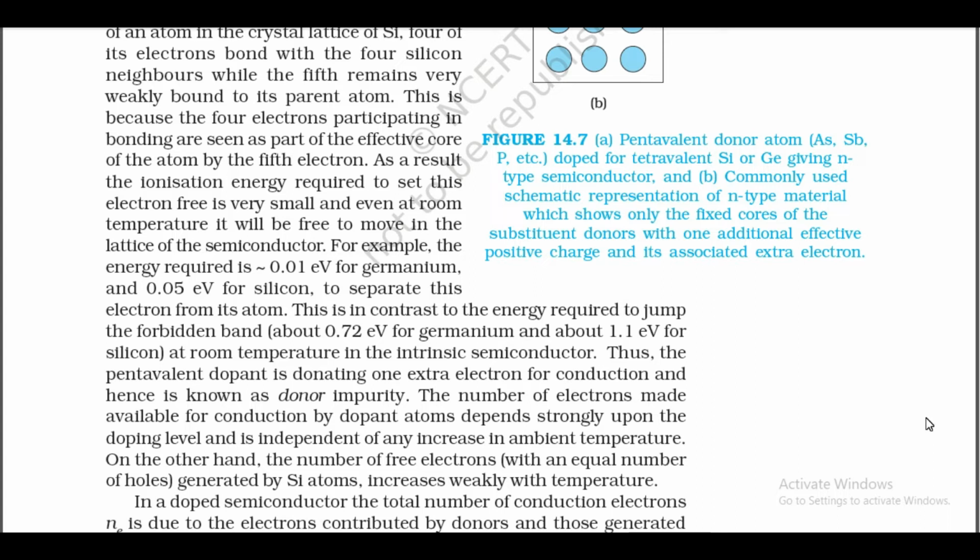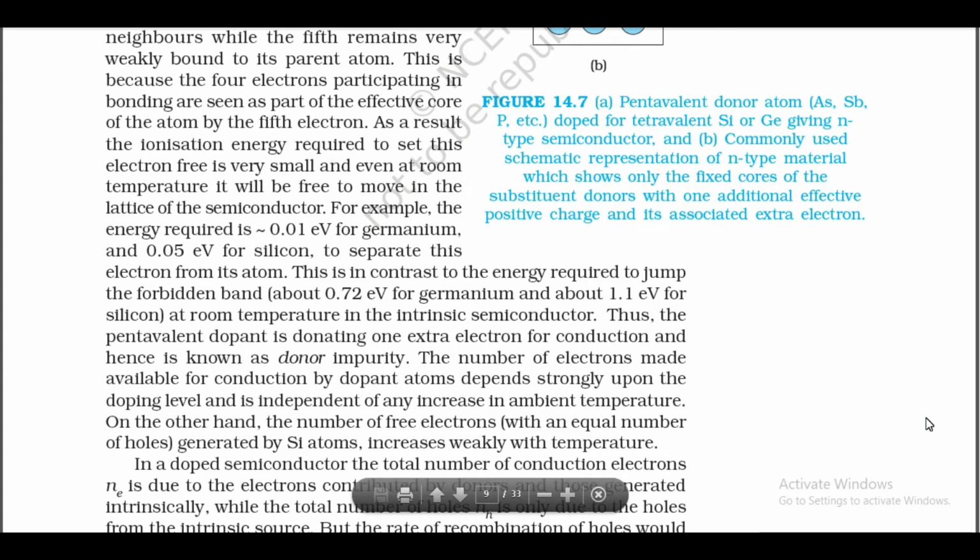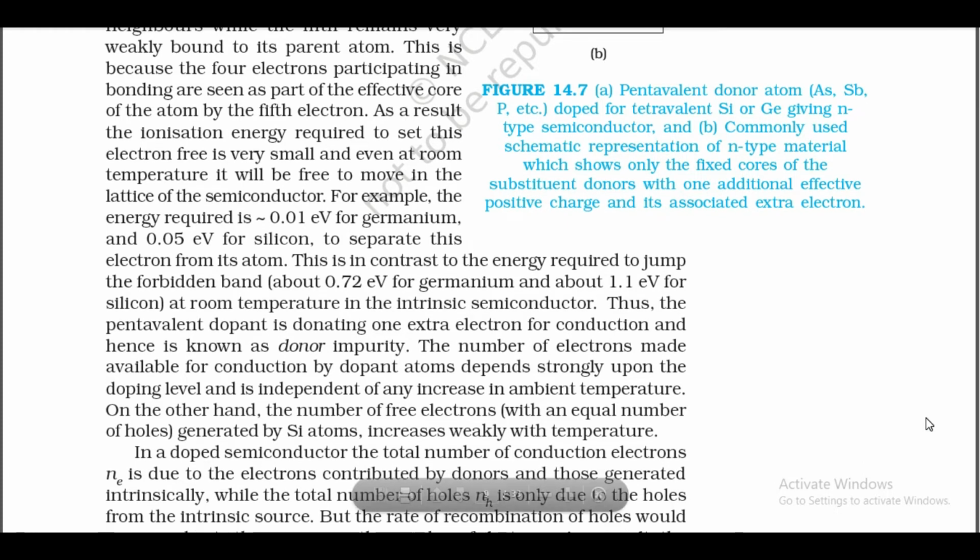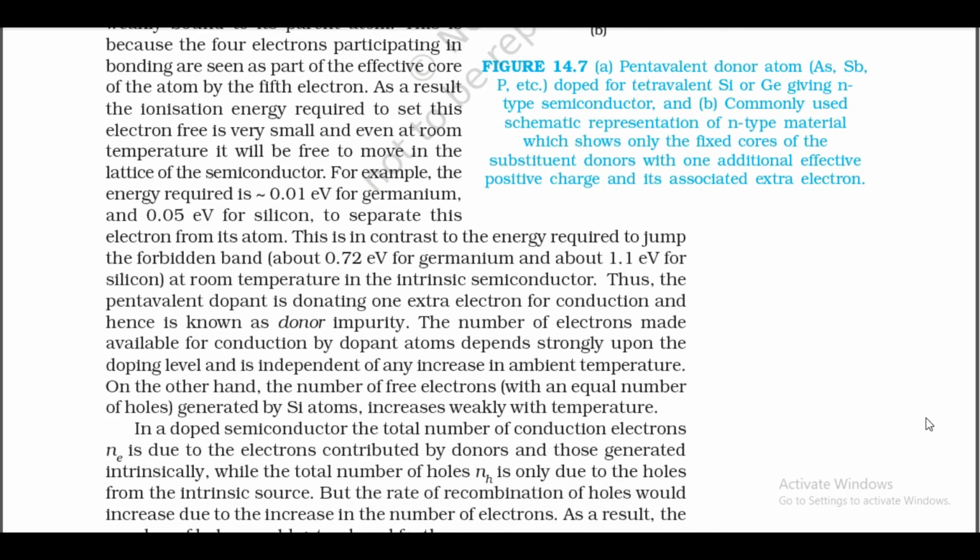On the other hand, the number of free electrons with an equal number of holes generated by Si atoms increases weakly with temperature. In a doped semiconductor, the total number of conduction electrons Ne is due to the electrons contributed by donors and those generated